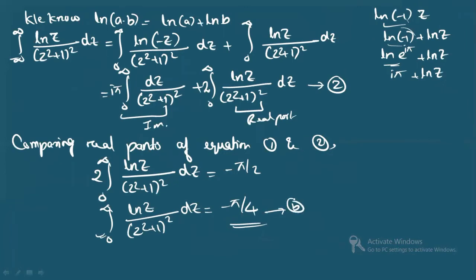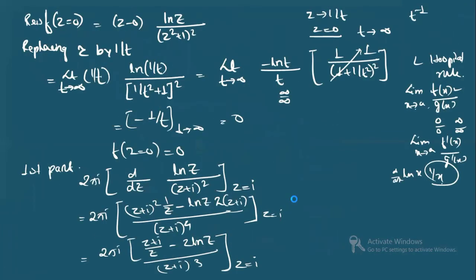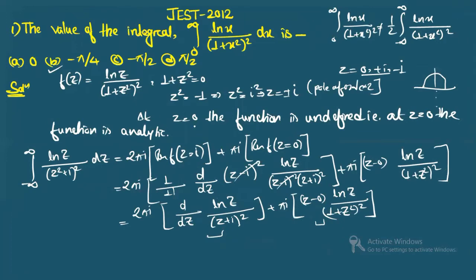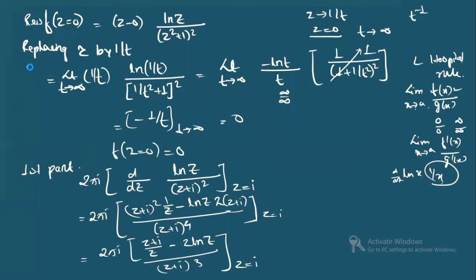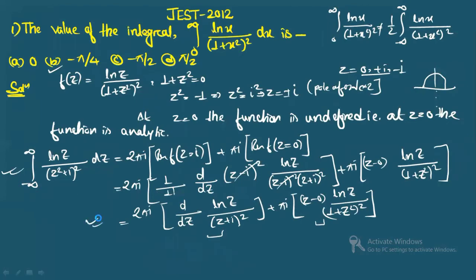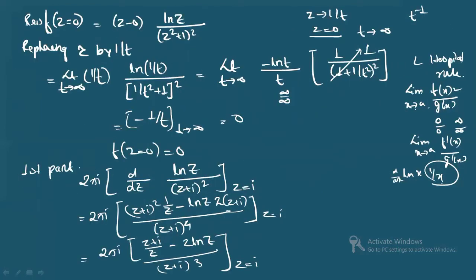So make sure that you do the calculations very correctly. Okay, so we have done what? Just have a look. First we have seen the poles, then we have checked which poles will lie inside, then we have found their residues. And this is a bit of a different calculation. Here I have taken this particular integration, and you will have to remember the way of solving where there is a limit, how you can solve. Okay, so that's it in this question. Now let's move to the next question.